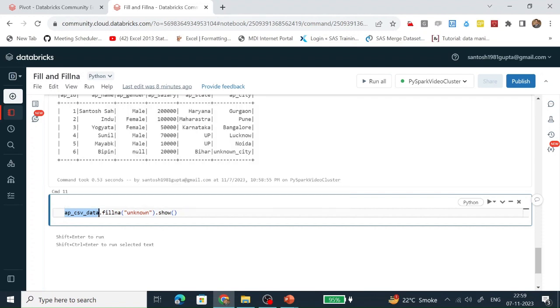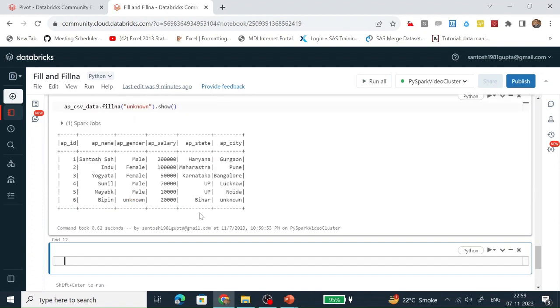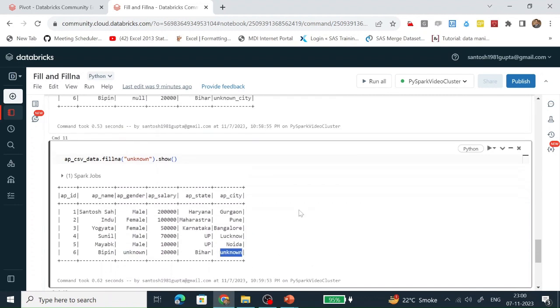If any column has a null value, it will replace those null values with unknown text. Let's run it and see. See, here the null value is populated with unknown, and here the null value is populated with unknown. Now we can visualize how the fill function and fillNA function work in Databricks.